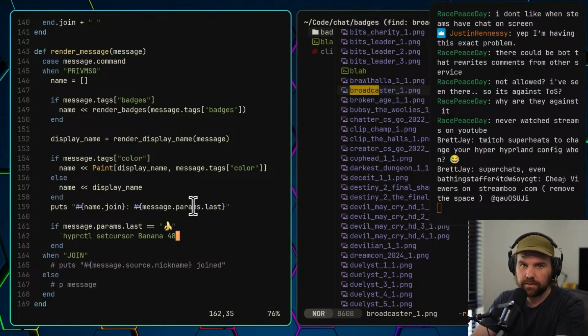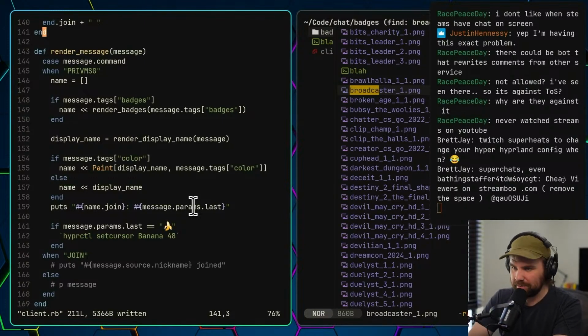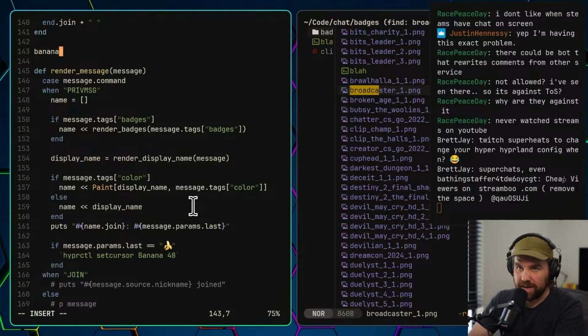I will have just made it so that if someone puts banana in the chat, it changes to banana, but I want to make it change back after 5 seconds. So to do that, if there's already a banana in motion, I need to debounce the banana handling. And I can do that with a thread, I think. So banana cursor activated is nil. Let's just go banana_on. B-A-N-A-N-A-S. Yeah, I spelled that right. So banana_on, nil. Great.